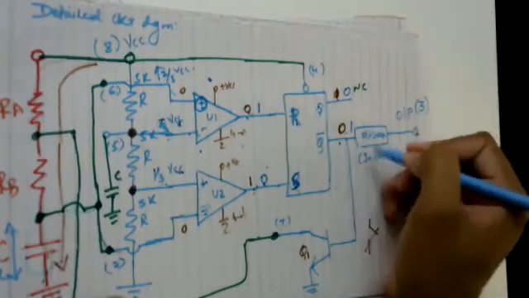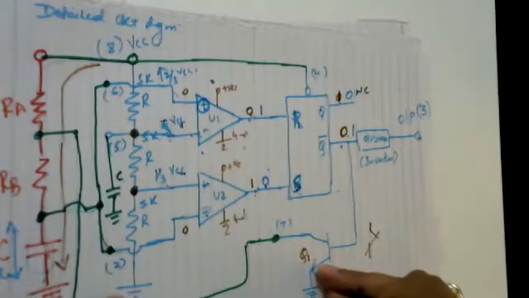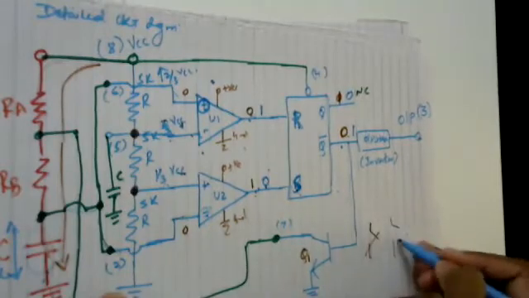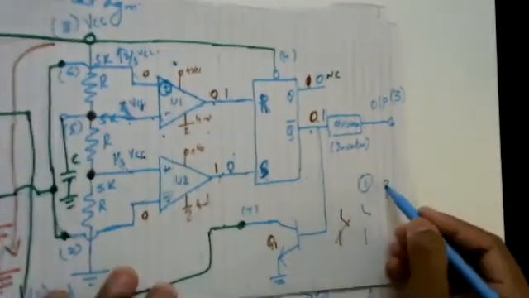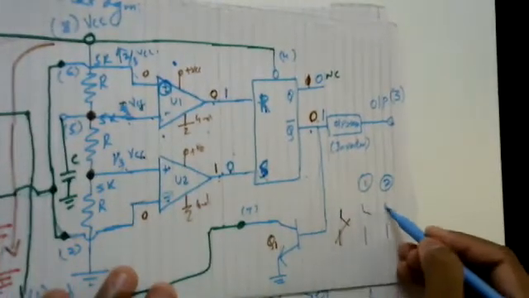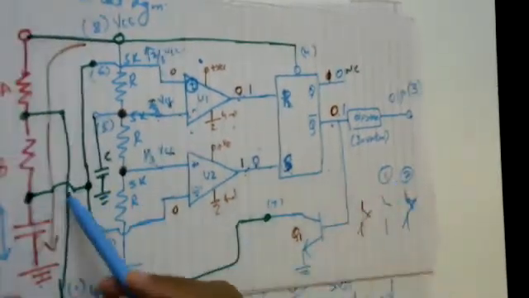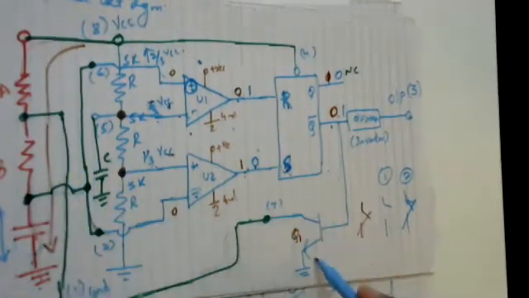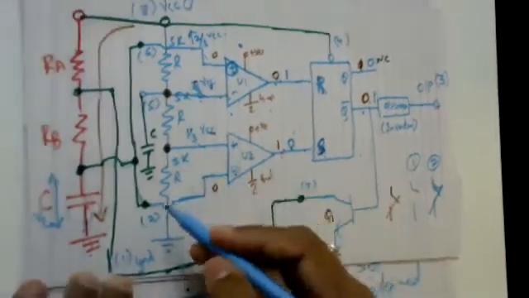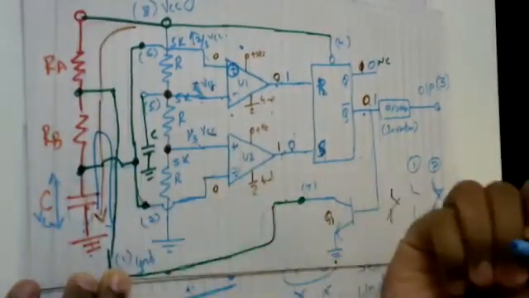So when Q bar is equals to 1, it simply means that this transistor Q1 is going to work like a switch. In the previous case, switch was open. So this is in the first case. In the second case, this switch is going to work like a closed switch. Since it's going to work like a closed switch, this terminal, pin number 7, gets a least resistance path. So this C is going to discharge.